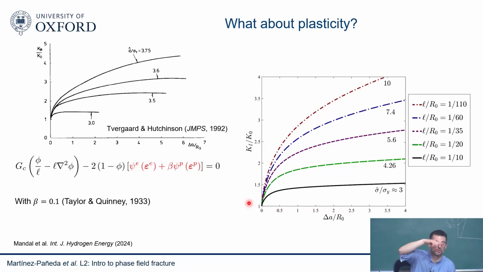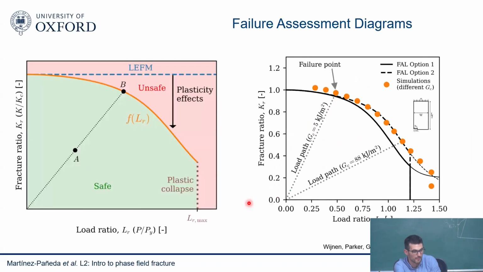Yeah, from an energy, you can always take a fracture per zone length. So you can forget about it. I can explain it later, but it's now a normalization parameter. But I'll explain later, yeah. And then remember the failure assessment diagrams that I showed you before. So what we see is that actually phase field can capture that elastoplastic behavior and can give you naturally those